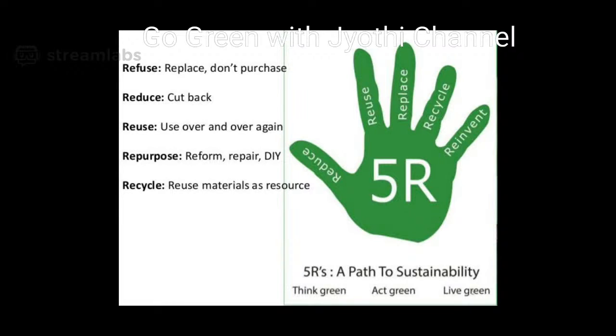Even though 71% of the earth is covered by water, it is not potable. We cannot use it directly. It is seawater. We have fresh water scarcity. So it is very essential to reduce the usage of electricity, and we have to reduce the wastage of food, and we have to reduce the wasting of the water